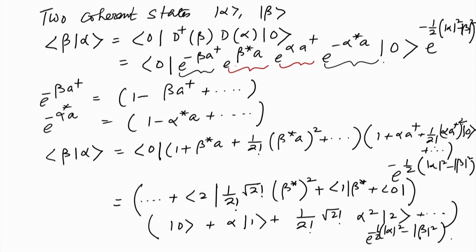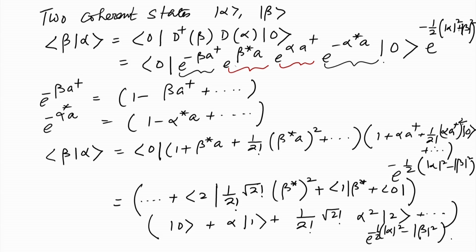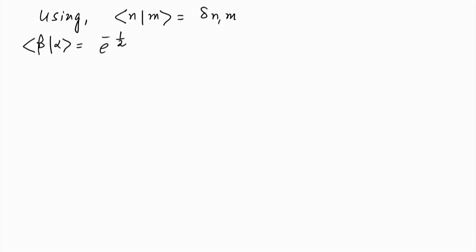So, there is a sign problem that I have introduced from the beginning. There is a plus there and there is a plus there. So, this is alpha mod square plus beta mod square, and